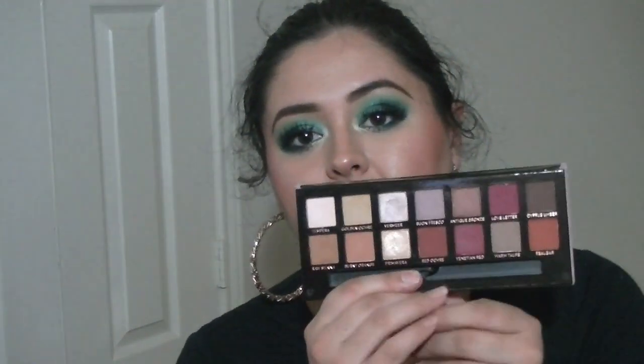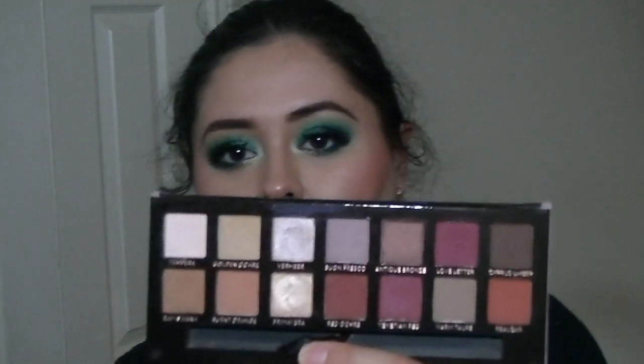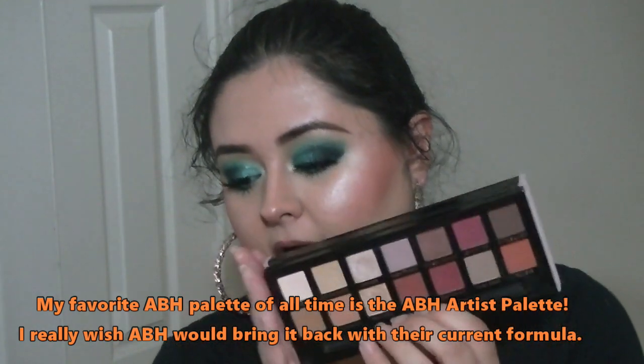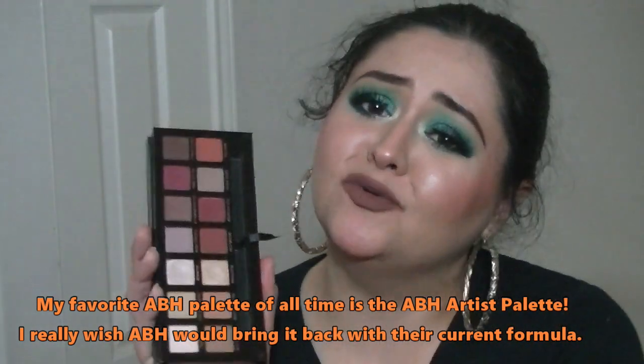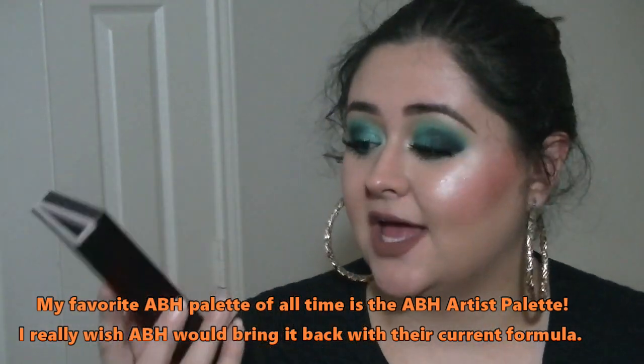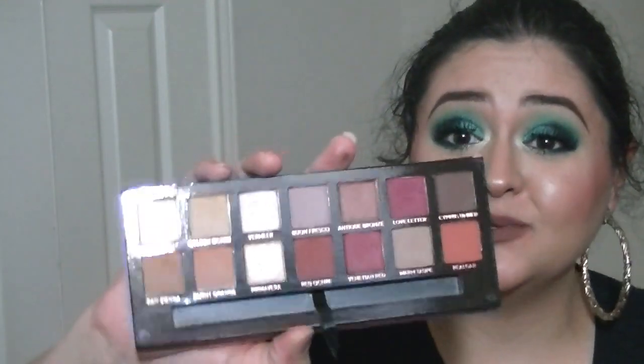This is the Modern Renaissance by Anastasia Beverly Hills. Classic palette. We all know it. A lot of us love it a lot. Honestly, this is not my favorite Anastasia palette. It's just not. My favorite Anastasia palette came before I ever got a hold of this one, which by the way, thank you best friend. Thank you Frankie for getting this for me. This was a birthday gift. And as you can see, I've used it quite a bit. I do enjoy it. The formula is not bad,